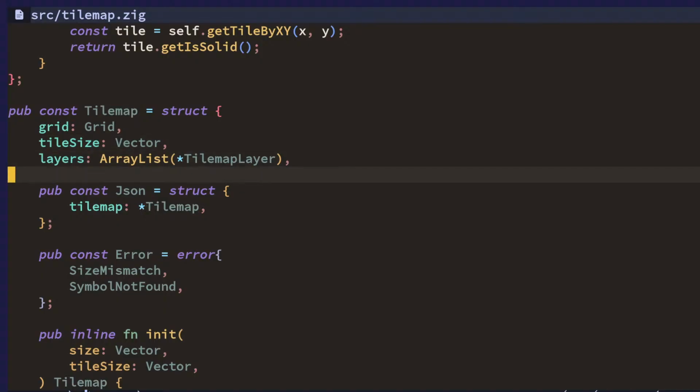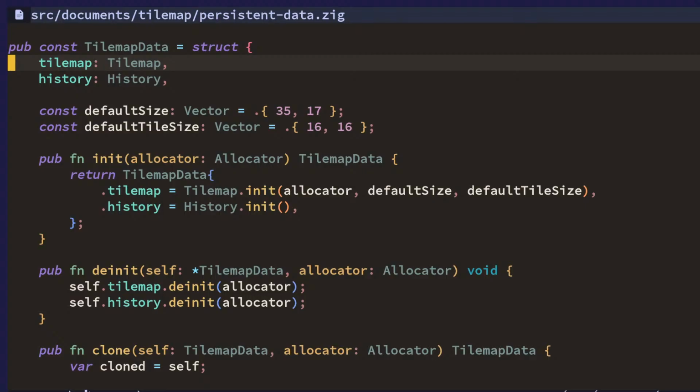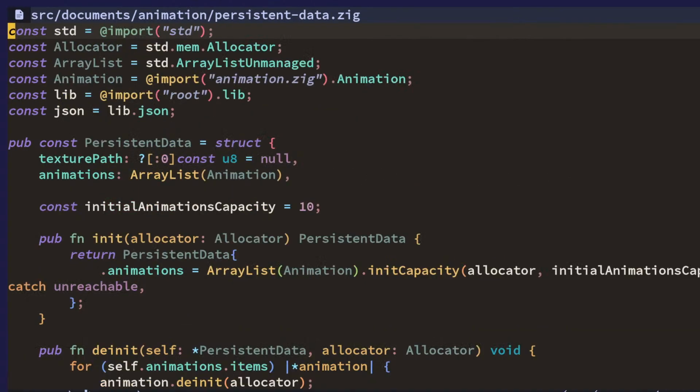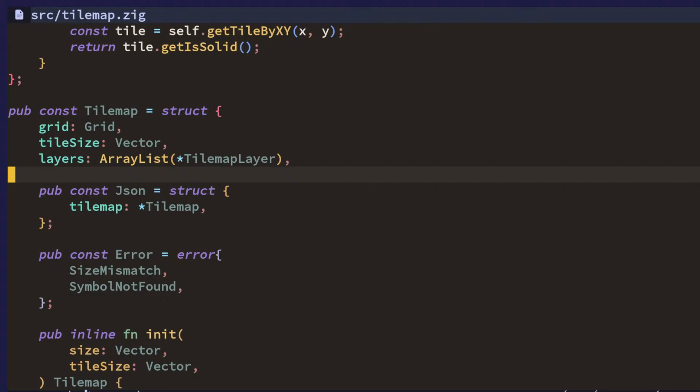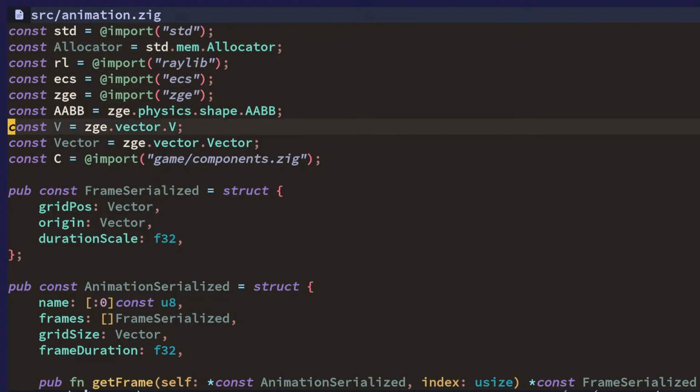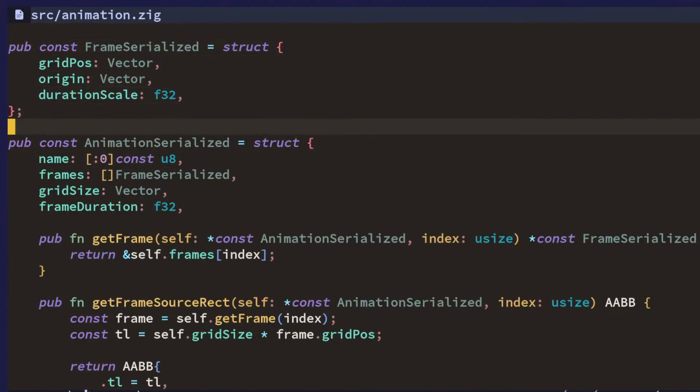Wait, was it actually tile map that was the issue, or was it scene or animation? Oh, it was animation, I think. Animation. Okay, yeah. So we go back here and we go animation. Actually, I think the tile map scene was already done, so it's just the animations that we have to figure out. So we have